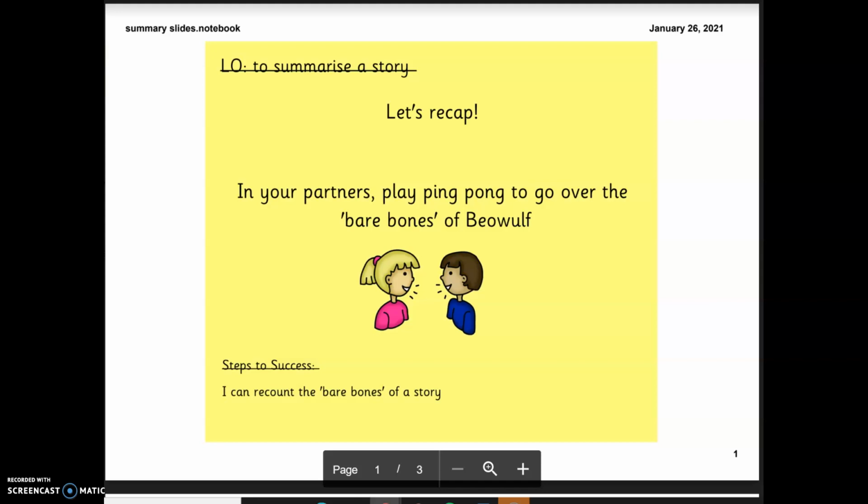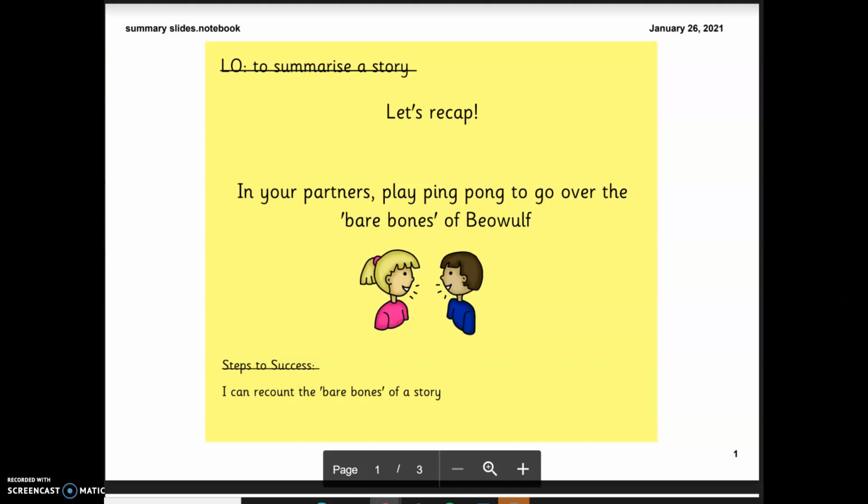In our writing next week, we're going to write our own Beowulf adventures, but in order to do that I need to make sure you know the story. So today's all about summarising. Now, if you've been in school, as you can see from the slides, we would have played ping pong to go over the bare bones of Beowulf, the bare bones being the very key events that happened. We don't need to know what colour the sky was, what Beowulf said, just the key events